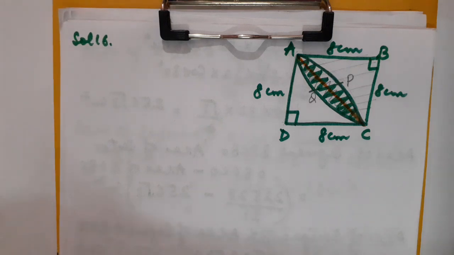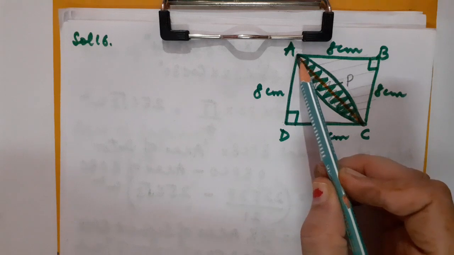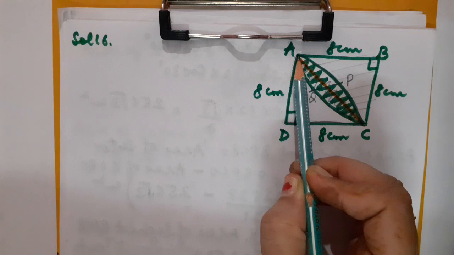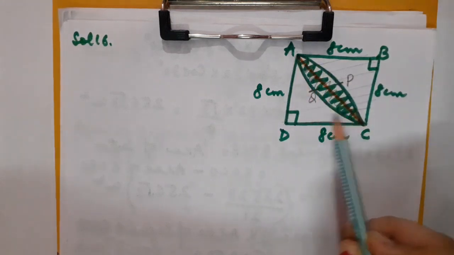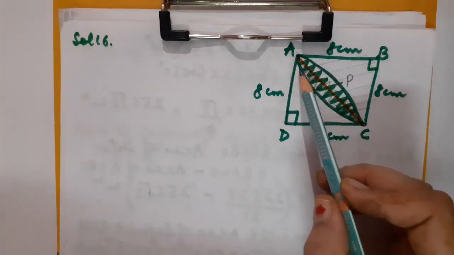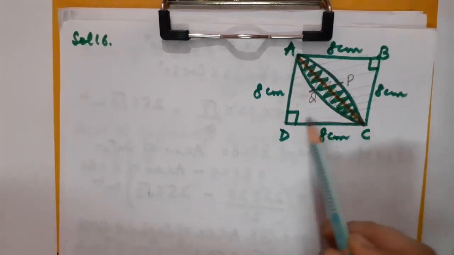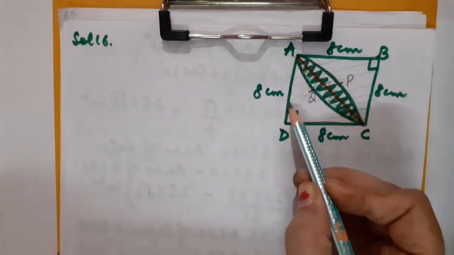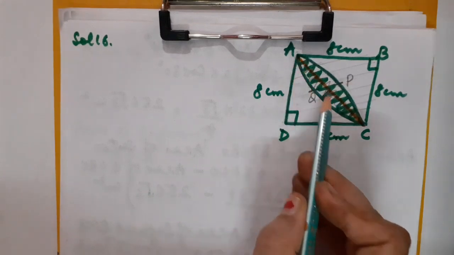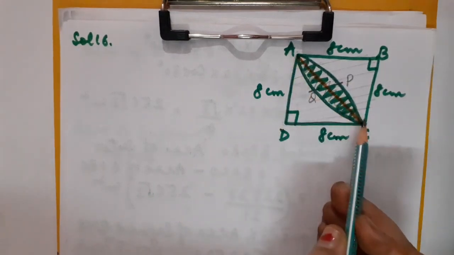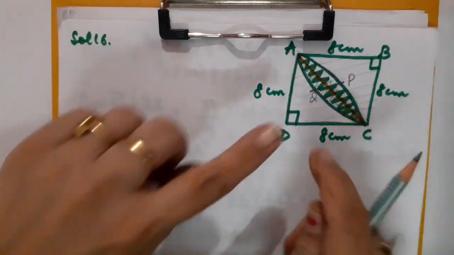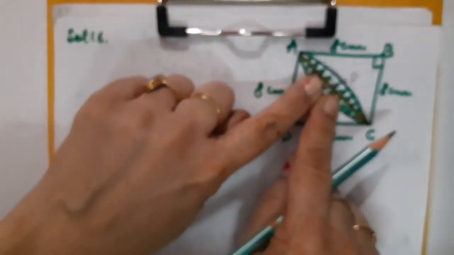Now how? Please be alert. Suppose I am going to calculate the area of the sector A, D, C, P, A, means this complete sector. You can call it sector also, you can call it quadrant also. Fine. So you are going to calculate the area of this sector, and then you will be subtracting the area of this right angle triangle, that is ADC. You have to consider this orange colored line as the hypotenuse. Then from this complete region, this region is subtracted.